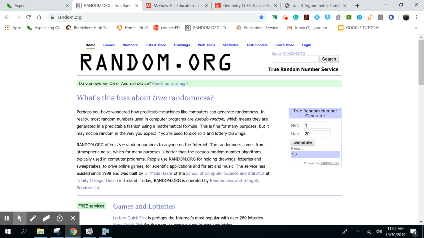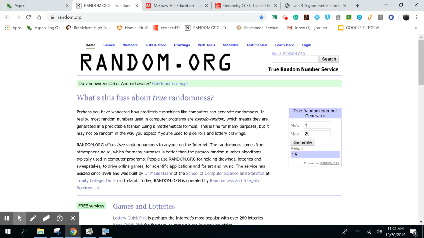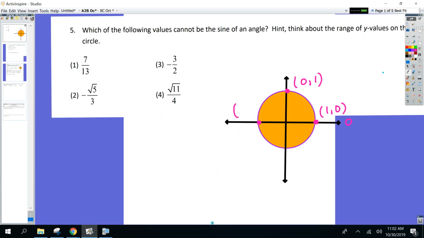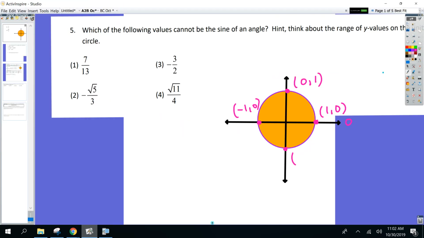0, 1. Keep going around for me. 180 degrees. And how about 270? 0, -1. All right. I didn't ask for anything in between like 30, 60, 120 because they would just be